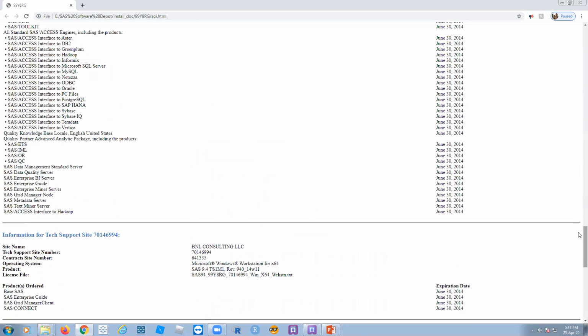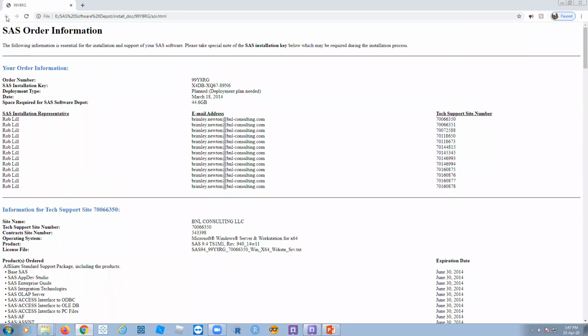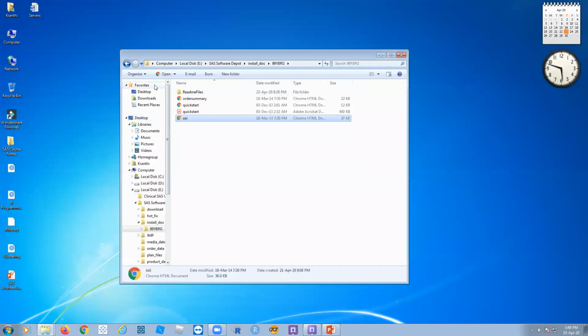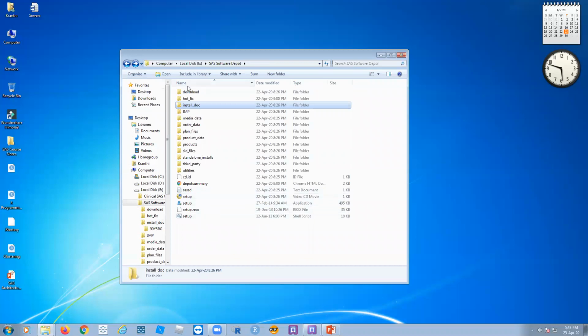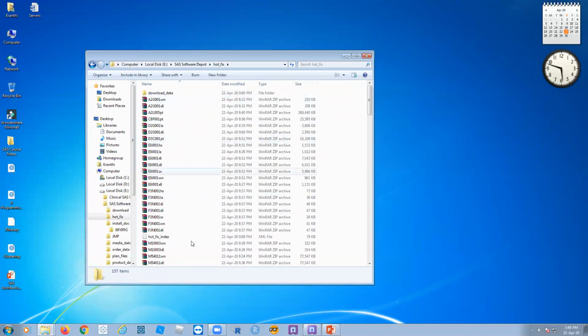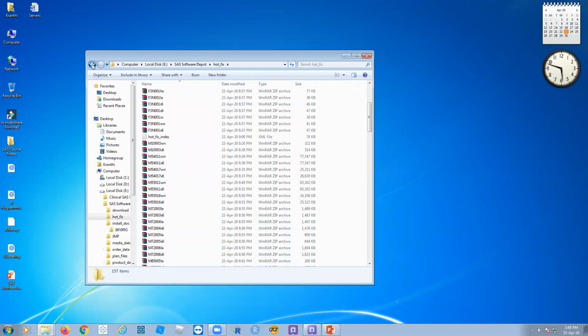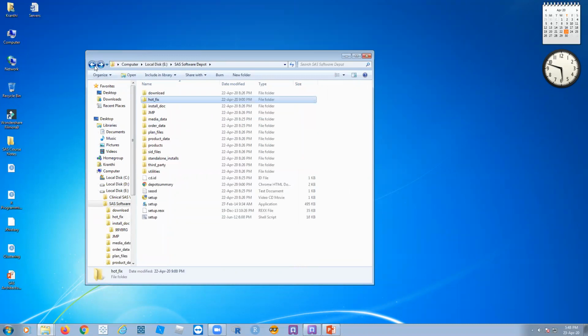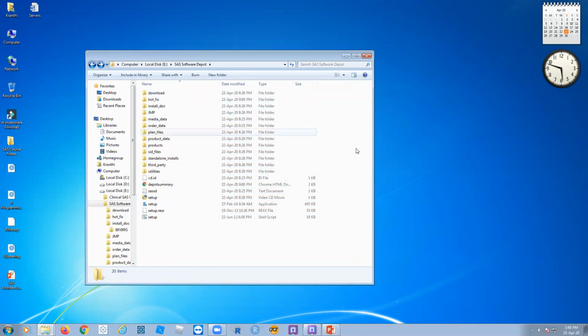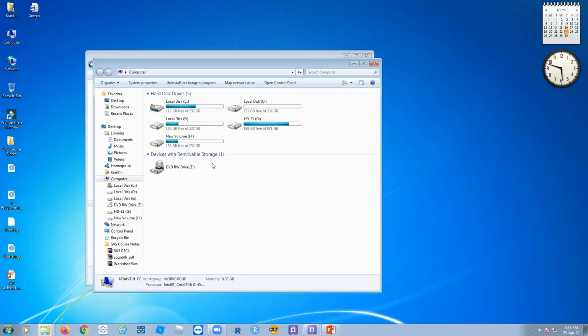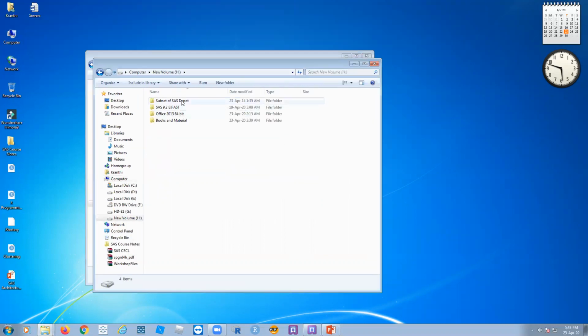Okay. Yeah, SAS order information. Then, yeah, these are the tools. Okay, and we have the hot fixes also. Okay? Then I want to install not all this in a single system. So I want to deploy. Deploy means subset. So I made a deployment here, a subset of the SAS depot.